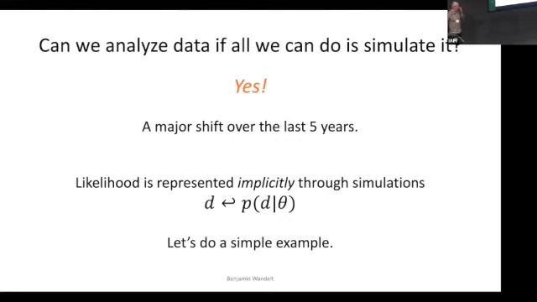Now, this is maybe not so much news to some people in the audience here, and some of the talks in the parallel sessions, for example, gave already some examples of this kind of approach. It turns out that you don't have to write down the likelihood; you can just represent it implicitly through simulations. So as long as you can draw data from your likelihood for a particular model, you can do inference. I'll give you a very simple example, and I challenge you to keep a running count of the number of times that we have to evaluate a likelihood or even a prior.